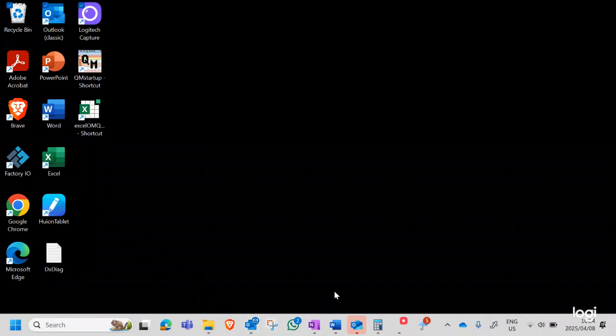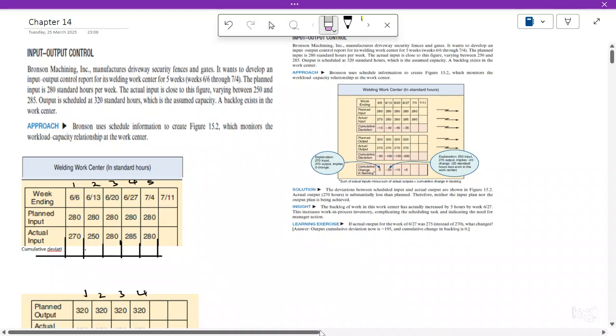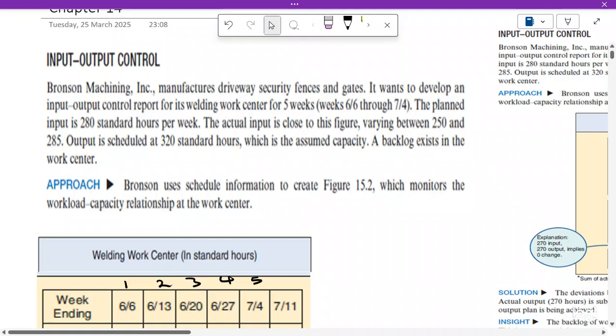Hey, morning everyone. Once again, today we are going to be doing the book problems and examples. Okay, so we'll start with the example of the input-output control. In this example, they say